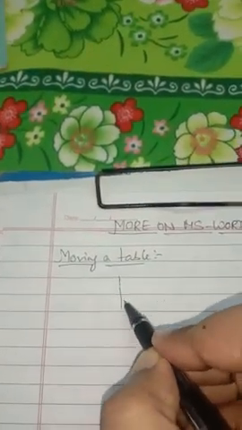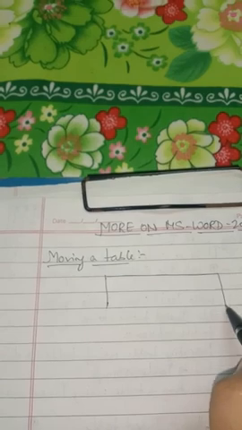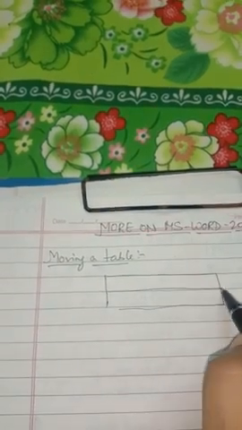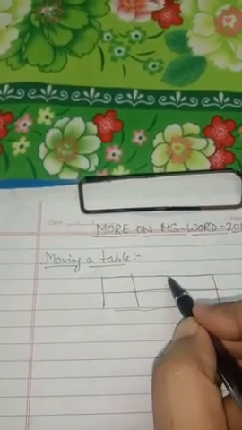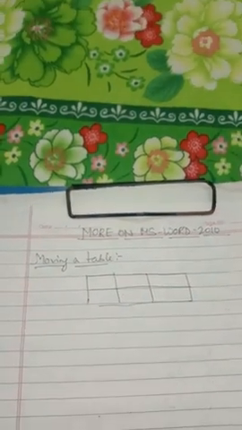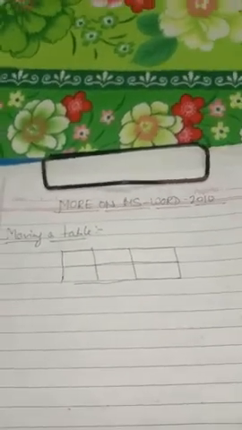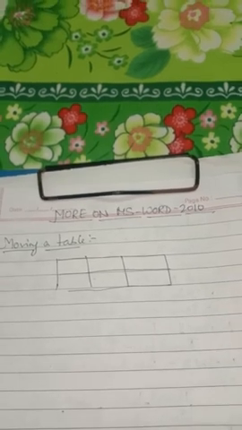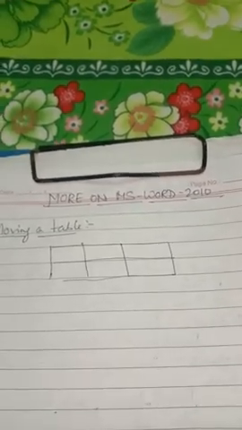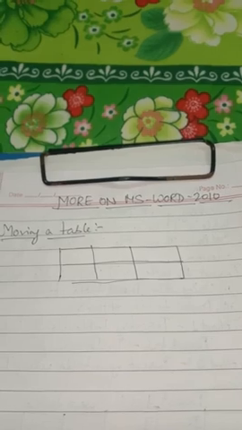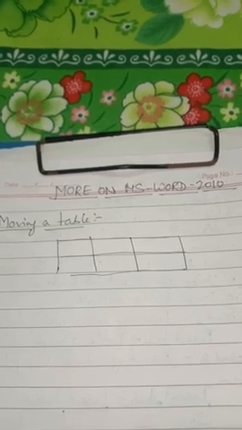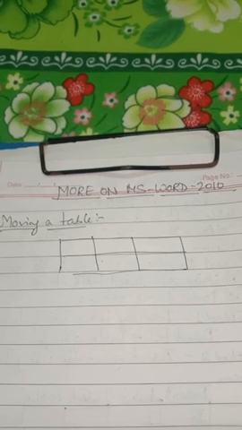Once we have created a table over here, say suppose this is a small table consisting of 2 rows and 3 columns. Now how can we move the table? What does moving a table mean? Moving a table allows us to move the table from one location to another. And when the table moves, the data inside the table also gets moved. So here we are going to learn how to move a table from one place to another.